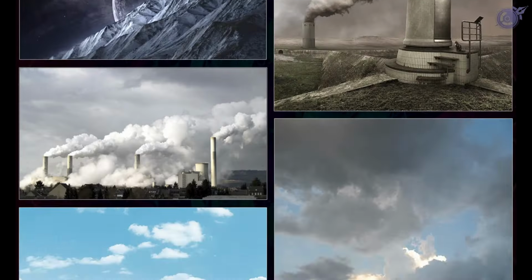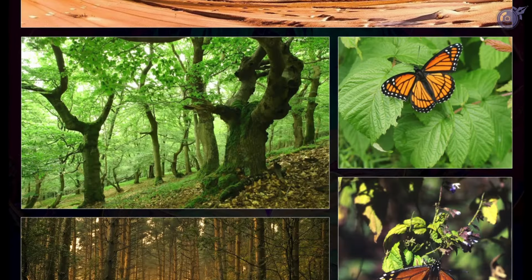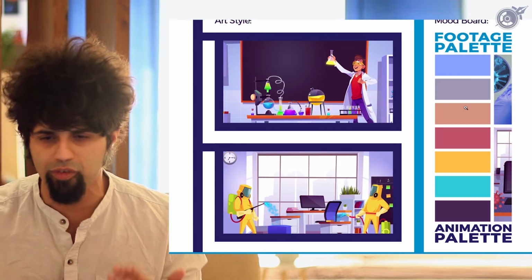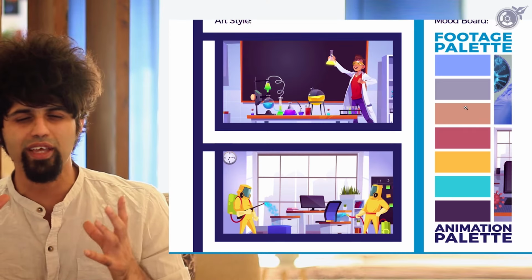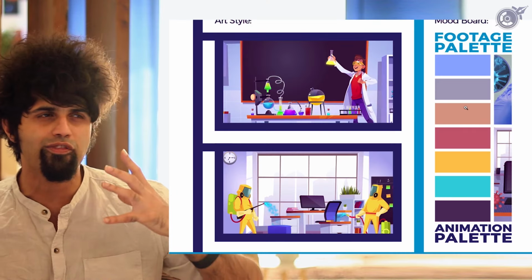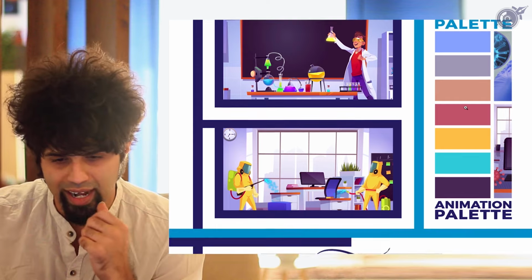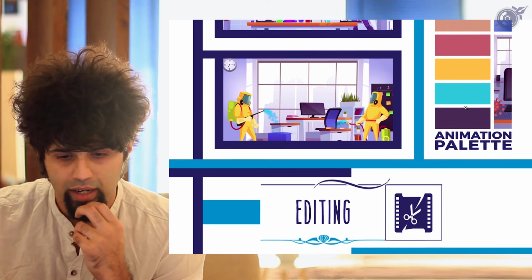And if you were making a portfolio page for a short film, that's a video for another time. But basically the idea is, again, like I said, a mood board, in this case a footage palette, just to give the user a little bit of an idea of what kind of imagery you use to narrate the story of the script, right?